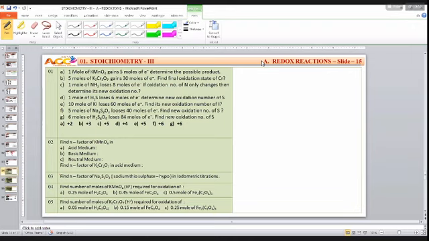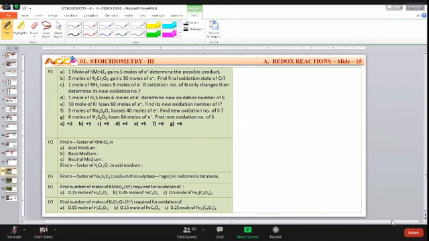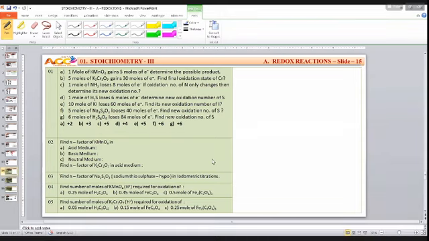Once you read the question, what I said, whenever you are in my class, don't solve the questions, learn from the questions. When you are reading the question also, you should learn something. What this question means to say is that N factor is not a constant quantity. N factor also depends upon acidic, basic, neutral medium.